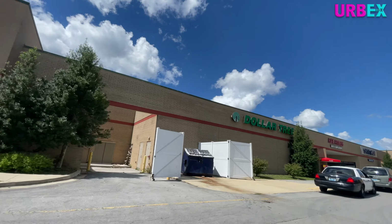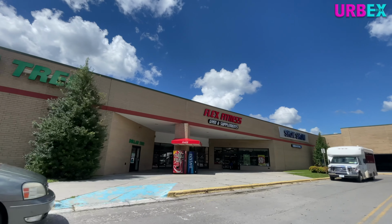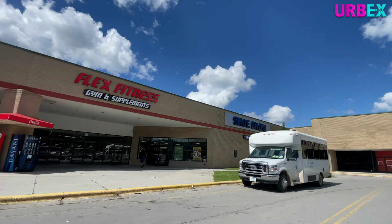Alright, so we're going to get this right out of the way. I absolutely love the aesthetics of this place. I mean, it looks like it hasn't changed since the day it opened. The brown tile floor and the wood paneling on a lot of the storefronts just take you back to your childhood. This mall is located in a small town in the Appalachian region of Kentucky, and there really isn't a